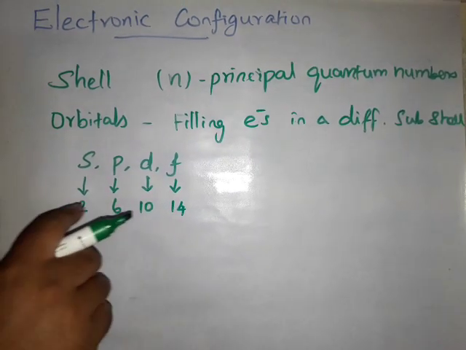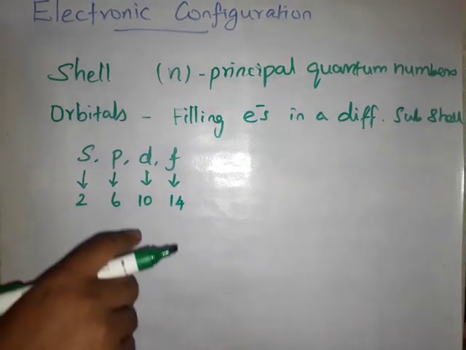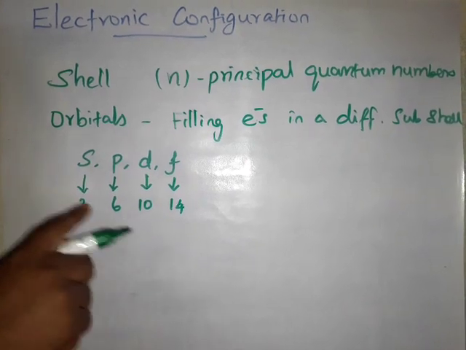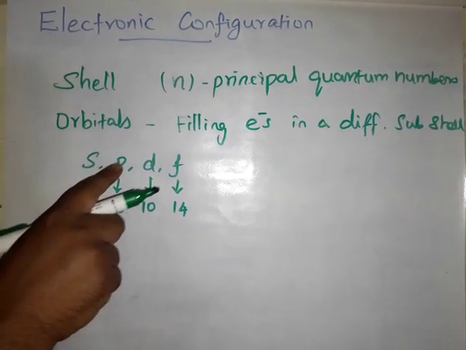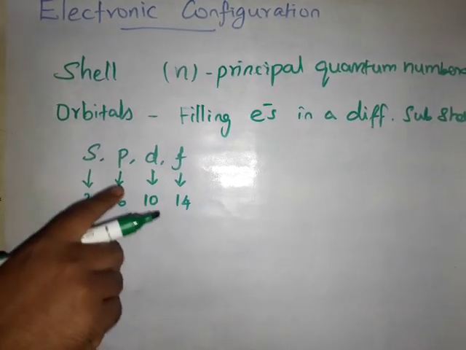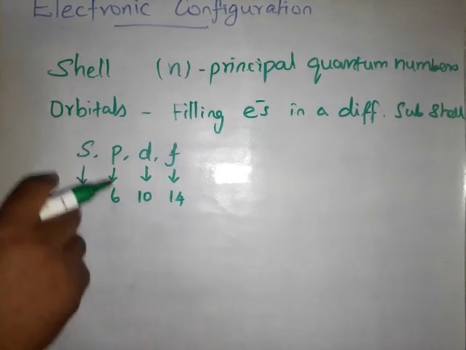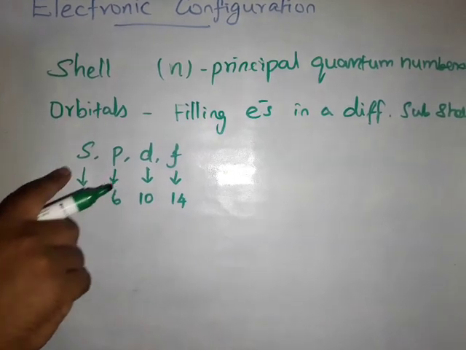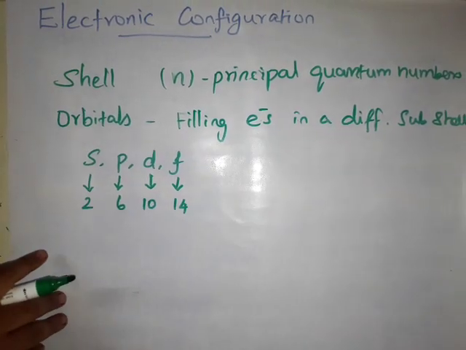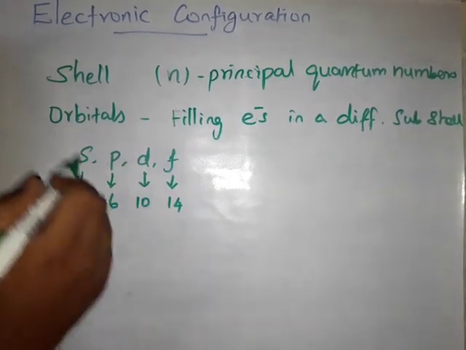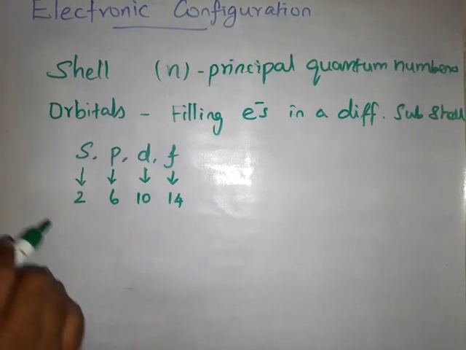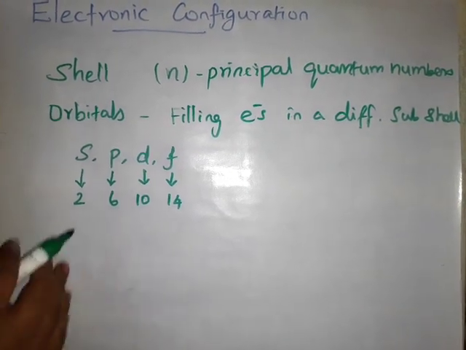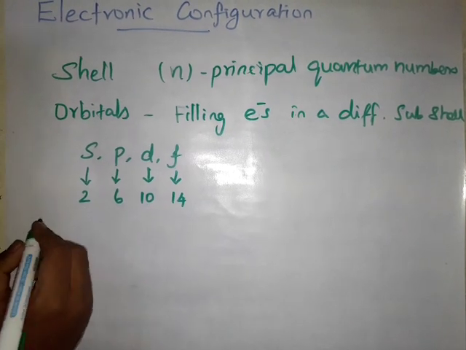Then the electronic configuration shows an element's location in the periodic table. This is s, p, d, f. They reflect the quantum number and the last orbital that is filled. In this section we are going to discuss the electronic configuration across the periods and the groups. First we will discuss the electronic configuration in periods.